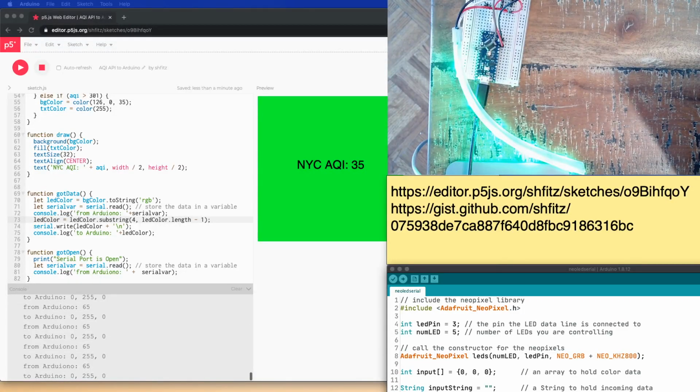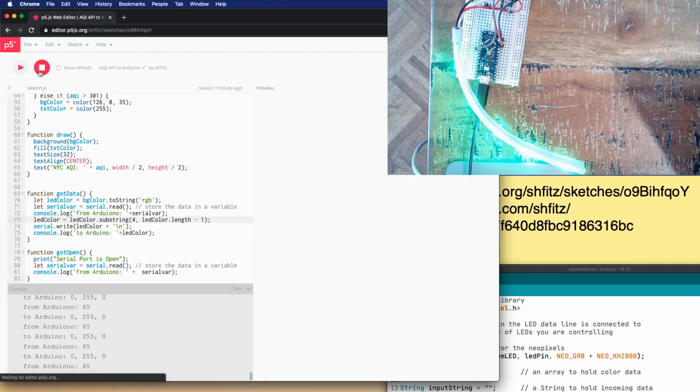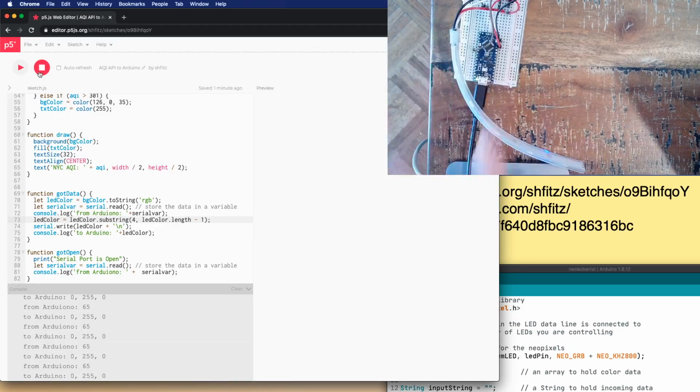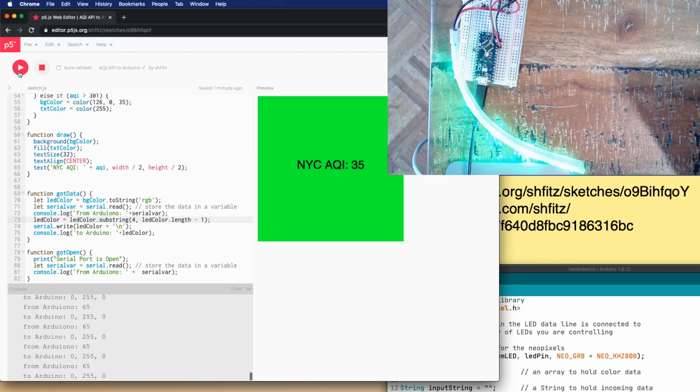All right, so now what we're going to do is take some data from an API and send it to our microcontroller. So we're going to have internet information controlling these LEDs here. So this is basically the sketch running. We can set and press it and run it again, and we'll see in a second. And then, ta-da, right? So it sends out the information from the sketch to the microcontroller, and I just want to walk